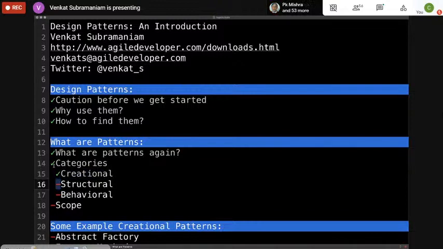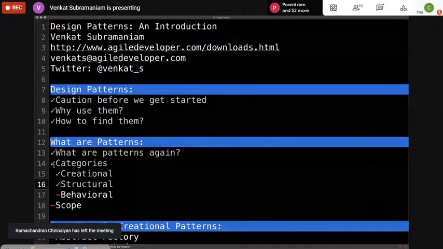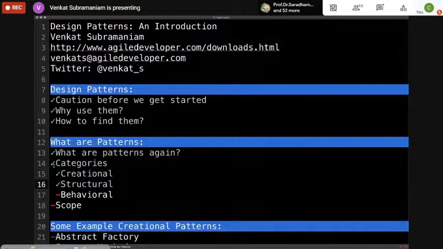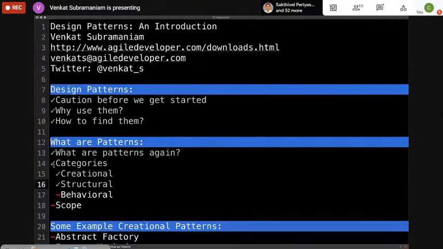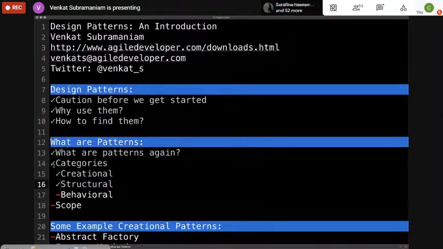On the other hand, structural patterns focus really on how objects are structured or organized and how they are laid out. How do objects work with each other? That is basically a structural pattern. So the concern here is not about creating the object. The concern is how we organize the objects so we can work with them together. And in terms of structural pattern, you might say, here is a particular object and here is another object, and I want to relate them through inheritance or delegation so they can work together to solve my problem.